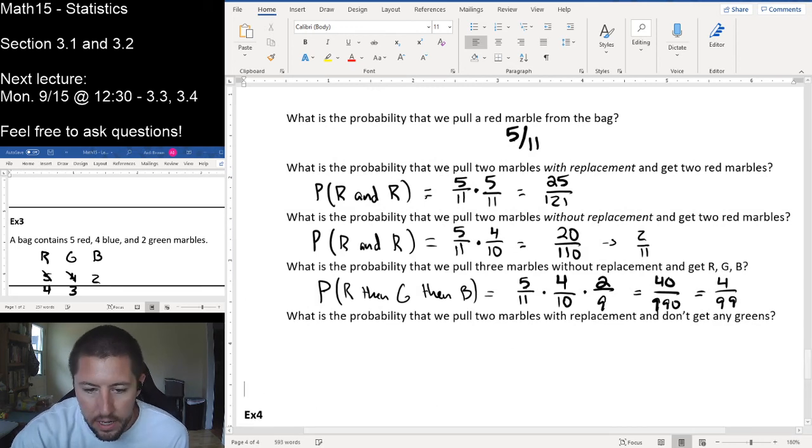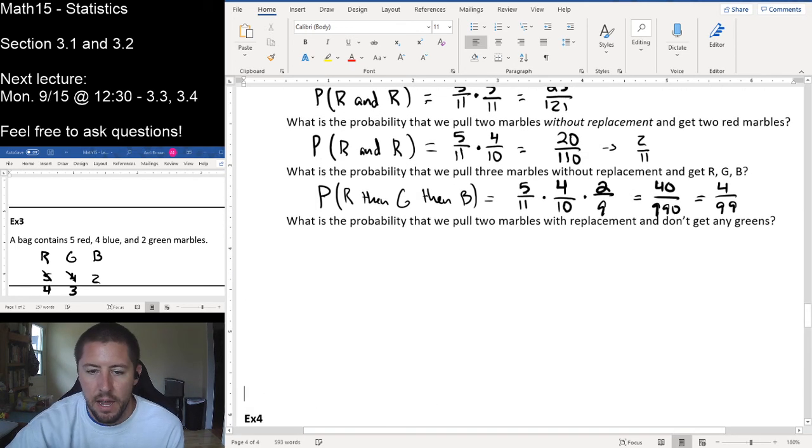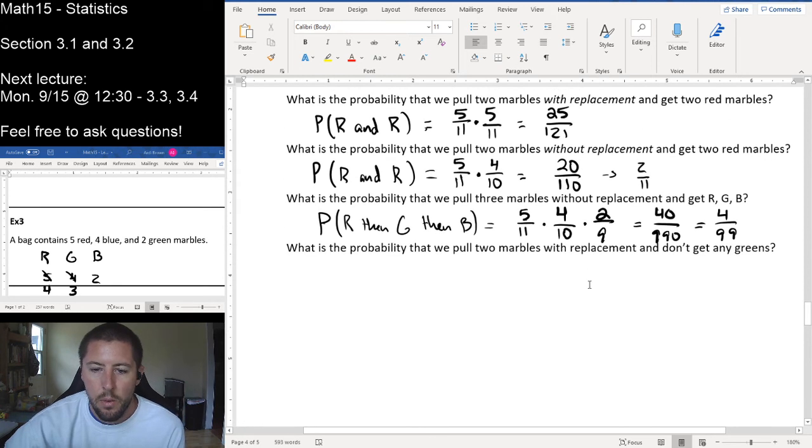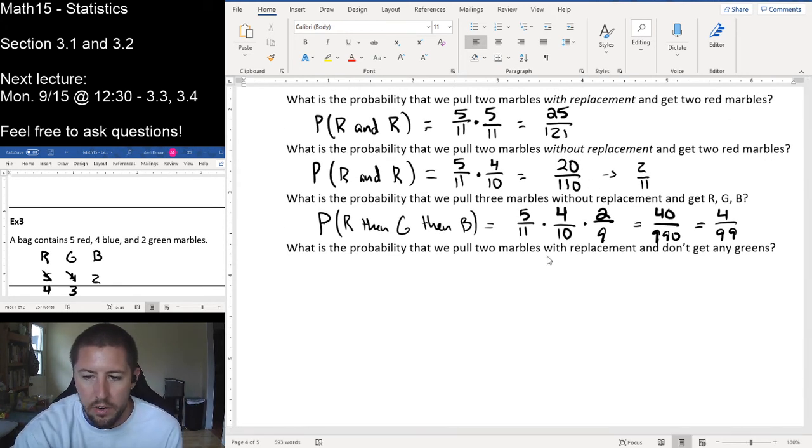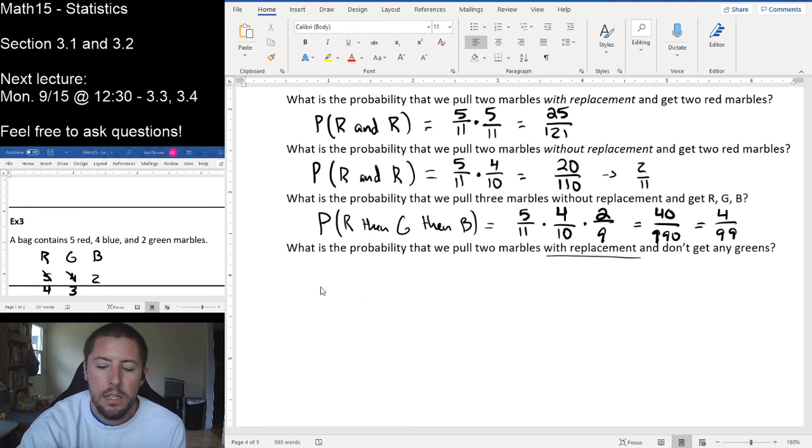And finally, we can look at one that's got a little bit of this sense of complementariness right here. What's the probability that we pull 2 marbles with replacement and don't get any green? So we are going to put them back. So the probability of 2 not greens means the probability of red or blue and red or blue. So I could rewrite this as